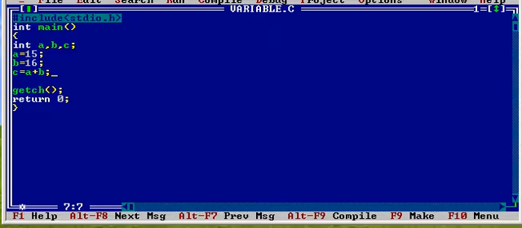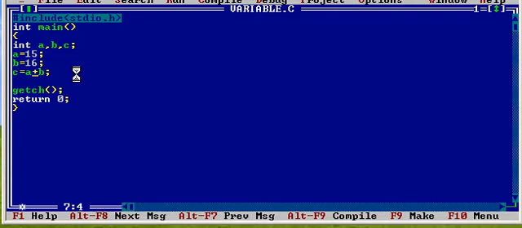Now you can see that I have written c equals a plus b. Why not a plus b equals c? Because whatever is written on the right side of the equal to sign gets evaluated, and that value will be stored in the variable. So any arithmetic operation or any expression should always be written on the right side of the equal to operator. This is the equal to operator, as you all know, and this is the addition operator.